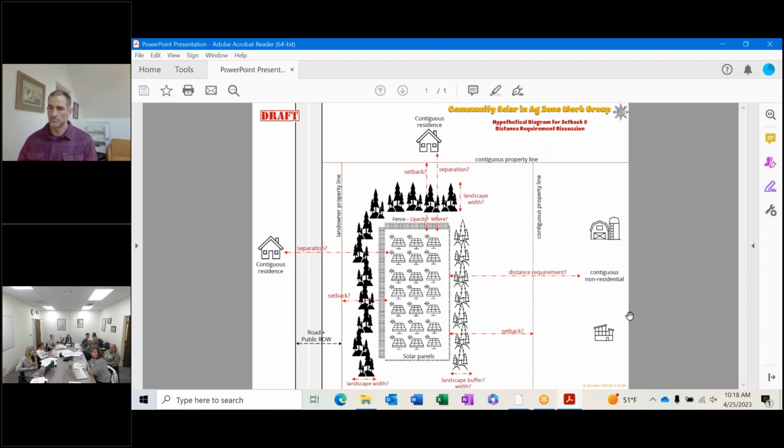And we can address variances in the code. There are some codes where we do not allow variances. Like the code says, you may not have a variance from this requirement. There are others where we define what amount of variance is allowable, and we also define who needs to agree to the variance. In some cases, it's Jay as the zoning administrator. In other cases, there are variances that require going to the BZA for approval.